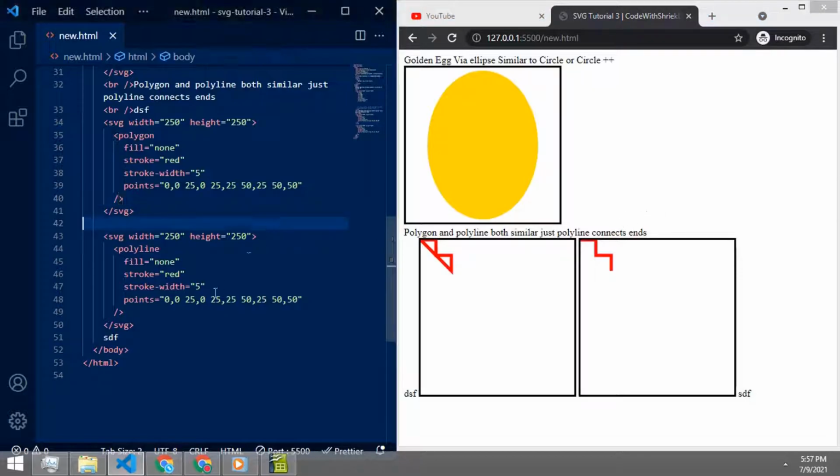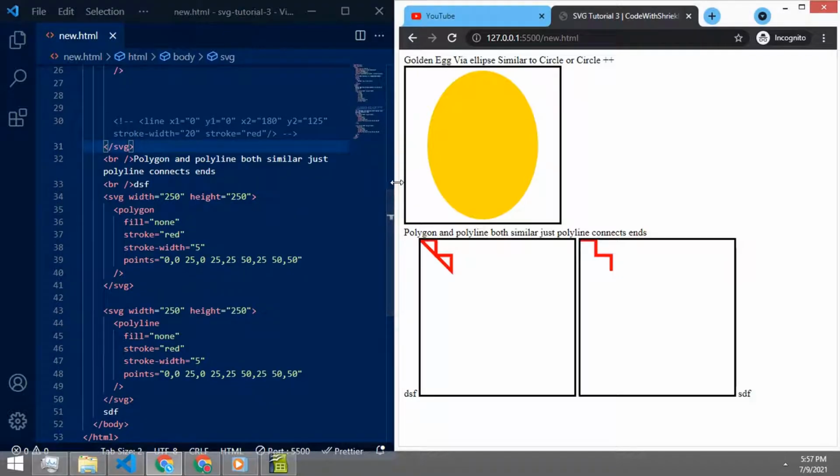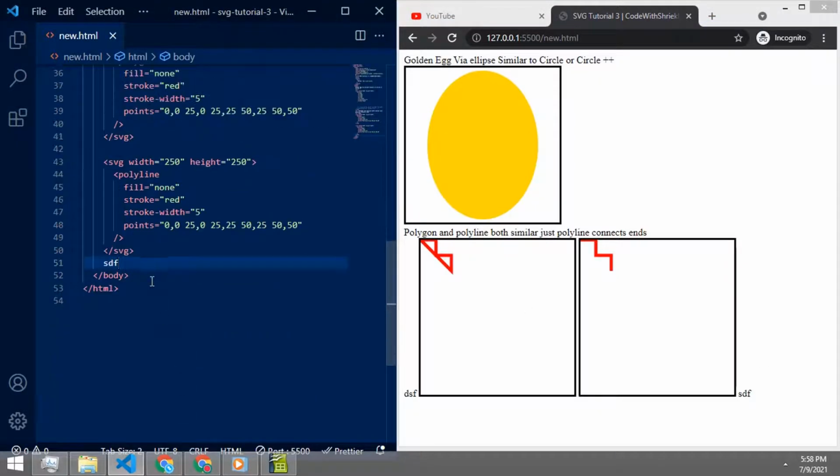I created an image out of an SVG without using any image software. I could use it, but I didn't need any other software to create an SVG like this. I can just create it in code.